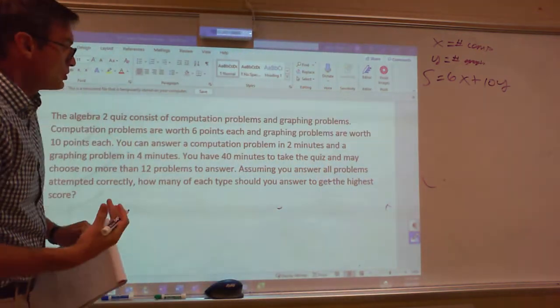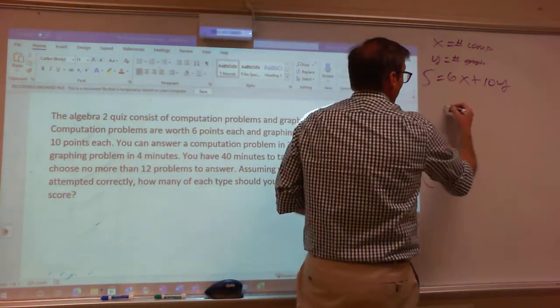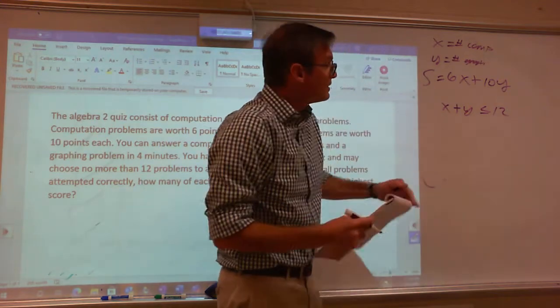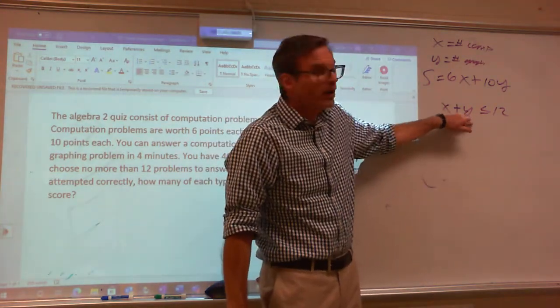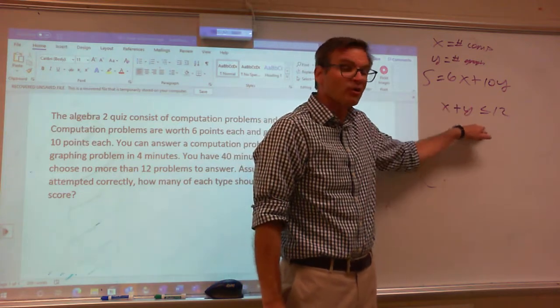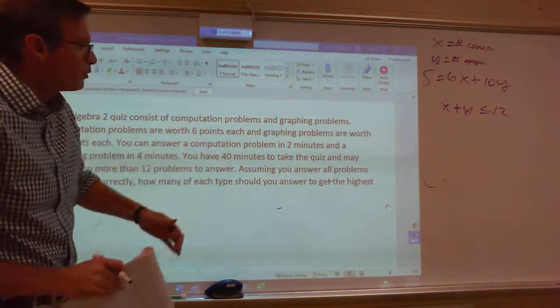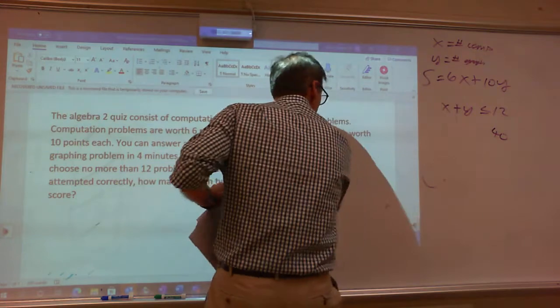As far as our restrictions go, well, if we've only got 12 problems, well, that's pretty easy to deal with. X plus y have to be less than or equal to 12. This inequality makes sense because this is talking about number of questions. X and y are talking about number of questions. I don't need to convert anything. The next one, well, we've got to do a little work. It says we have 40 minutes. So if I've only got 40 minutes,